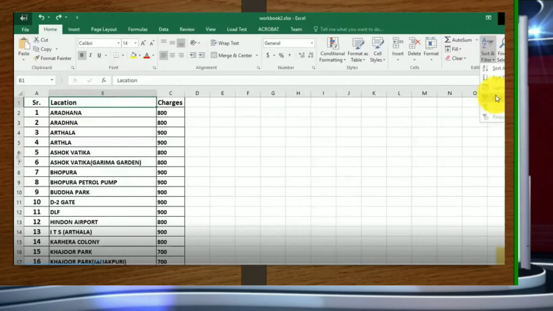Like it is already here in the ascending order. You can see A, then you have B, then you have D, then you have H, then you have I, and so on. The data will be there on the screen. So this is already by default on the screen in ascending order. Now we want to have this data in descending order.